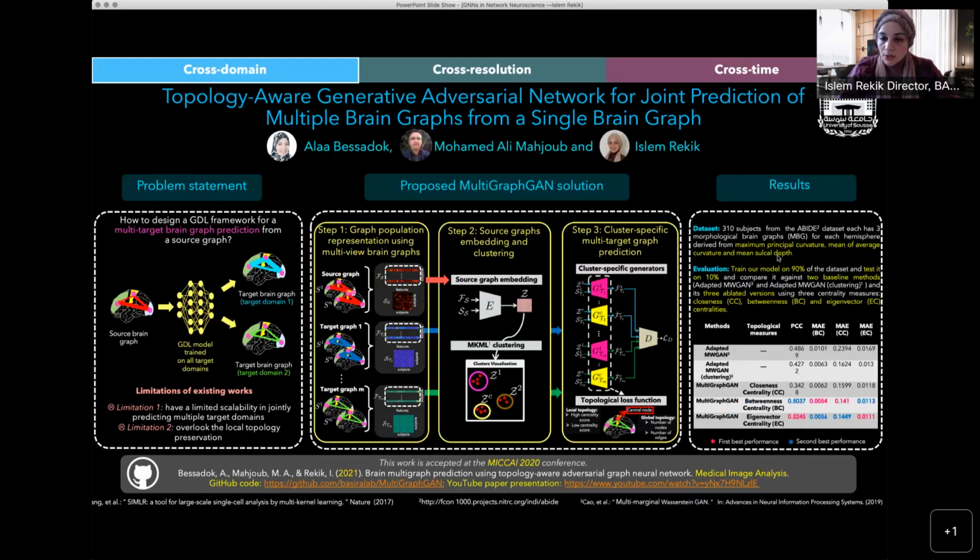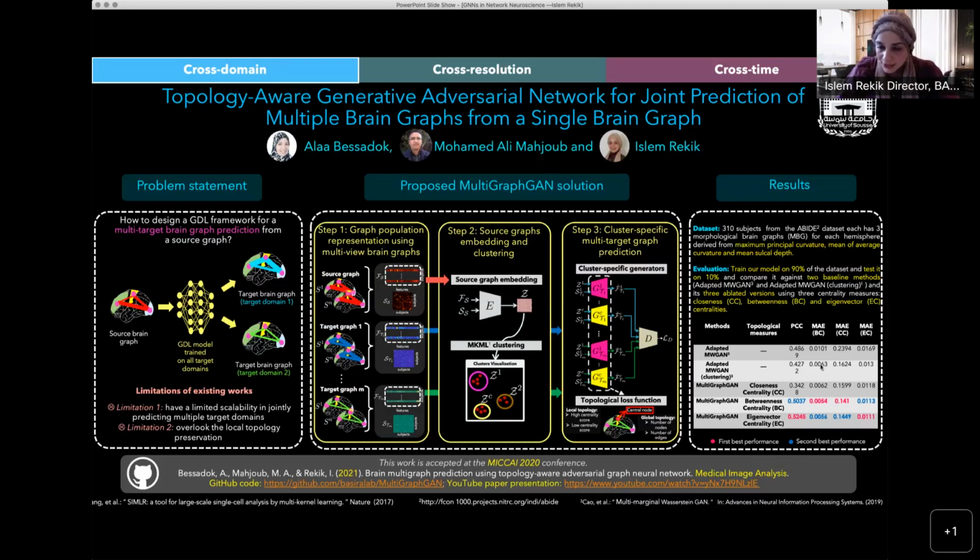So in our results, we use 310 subjects from the IPMI data set, and we have three types of networks. Quickly, in the MICCAI paper, we used a single random split, 90% for training and 10% for testing. But in the MedIA paper here, the journal, we used cross-validation, and we evaluated multiple times and repeated the experiments.